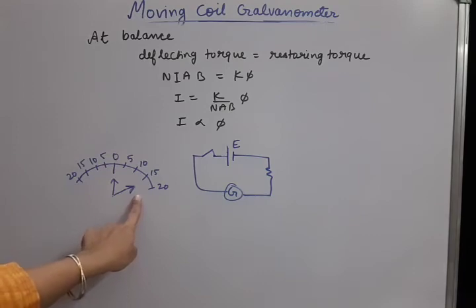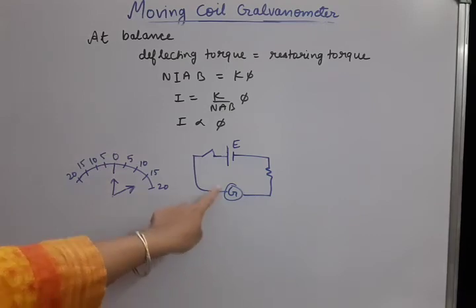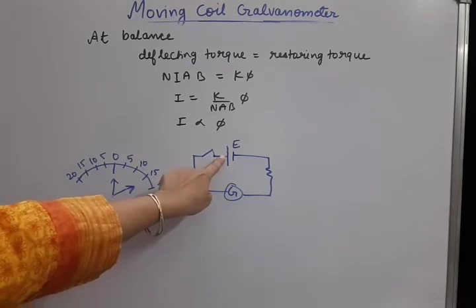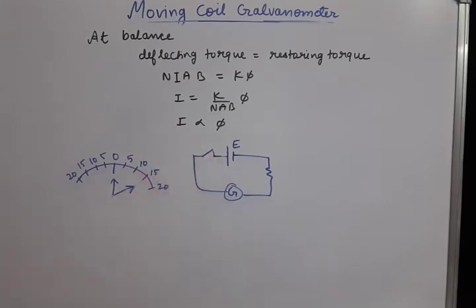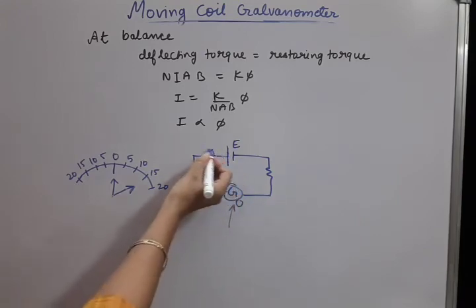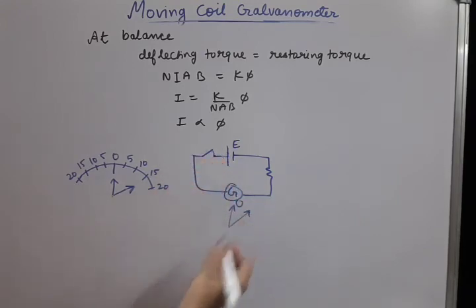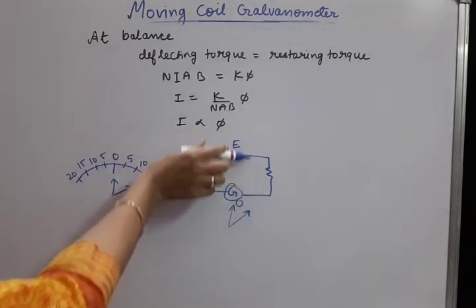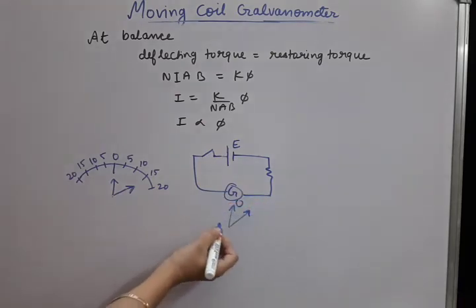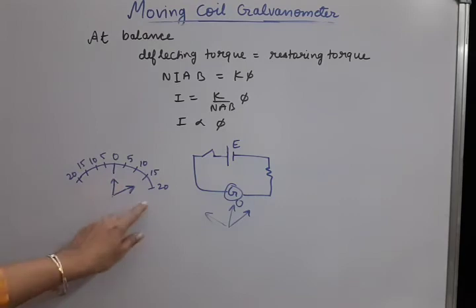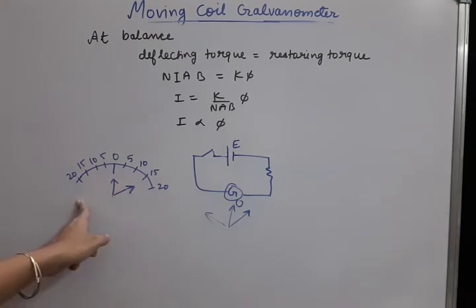Secondly, the direction of current can also be judged. In this case, battery positive is here, so current is flowing this way. If this is 0 of the pointer, the pointer will be pushed to that side. But if I connect the battery's positive here, so current comes from the other side, the pointer will deflect to the opposite side. That's why the scale is shown on both sides of the galvanometer, with 0 in the center.